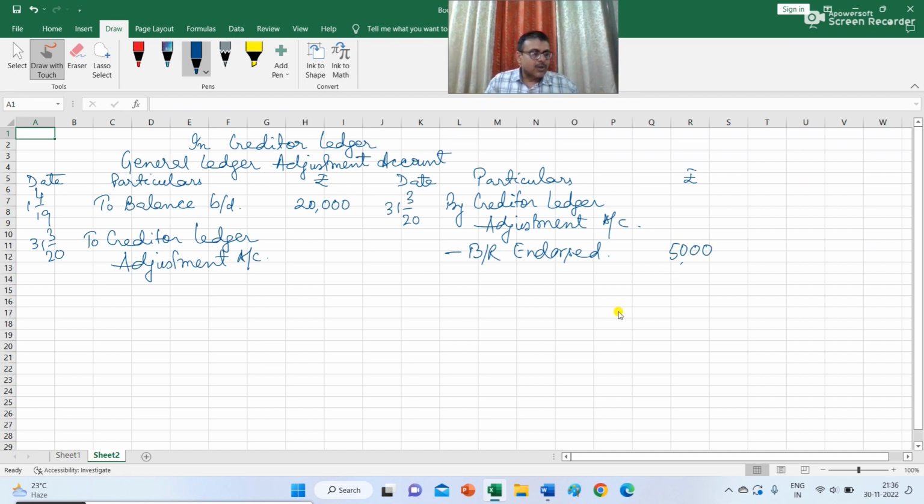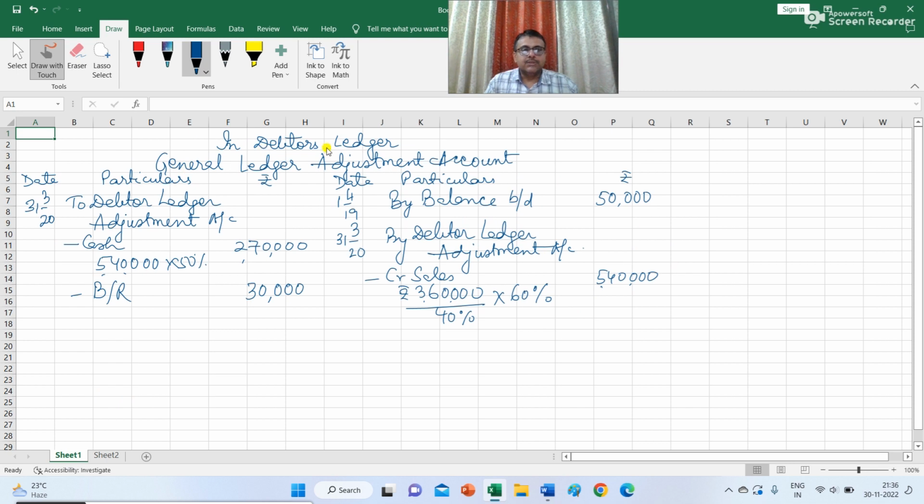Next is endorsed bills receivable dishonored. So the bills receivable that has been endorsed in favor of a creditor, to the tune of rupees 2,000, got dishonored. So your basic journal entry is debtor account debit to creditors. So in the debtor ledger, in the general ledger adjustment account, I have to record debtor ledger adjustment account debit to general ledger adjustment because of the bills receivable dishonored. So I am writing here BR dishonored